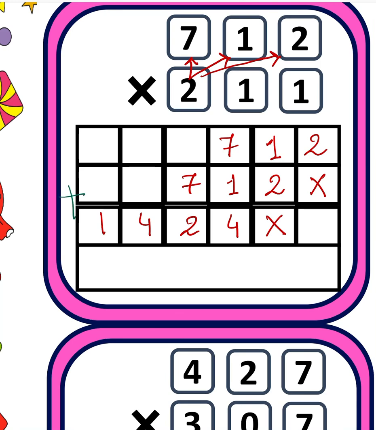Now we have to add this whole part. First of all 2 is coming here, then 2 plus 1 which is 3, then 7 plus 1 which is 8, 8 plus 4 which is 12, 12 means 2 is here and 1 is carry, 7 plus 2 means 9, and that carry 1 means 10, then 4 plus 1 which is 5, and this 1. So this is your answer, 150232. If you multiply 712 with 211, you will get this answer.